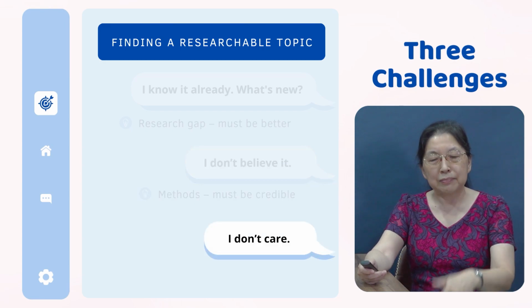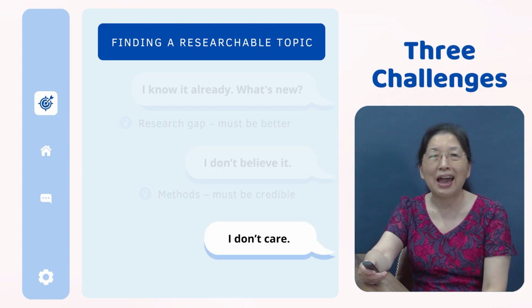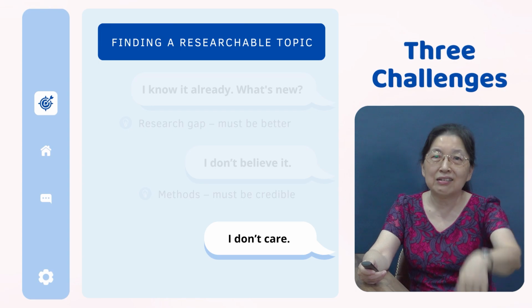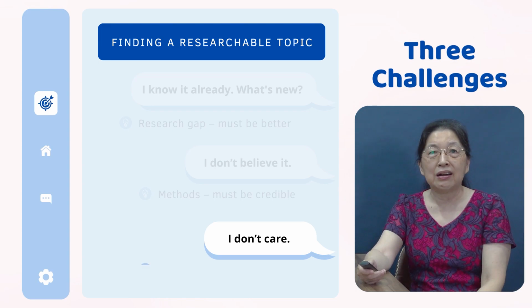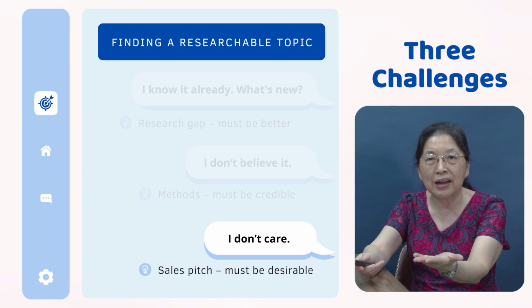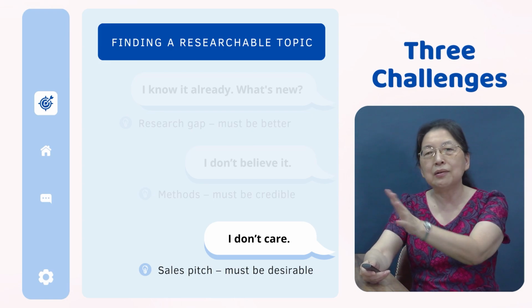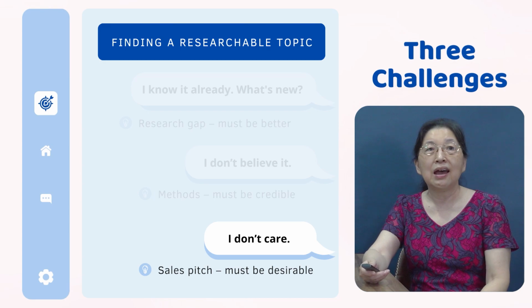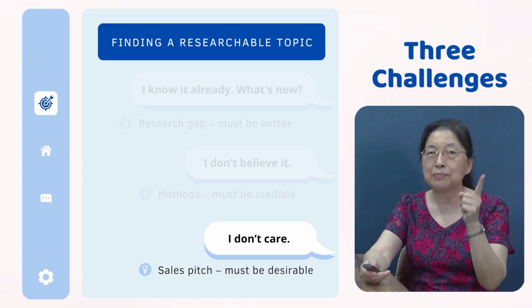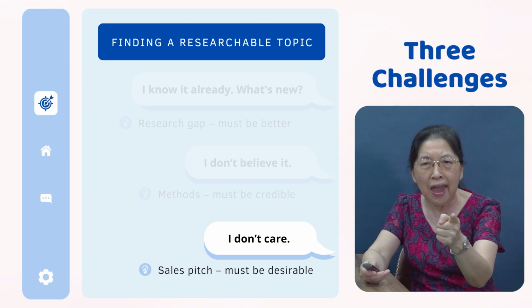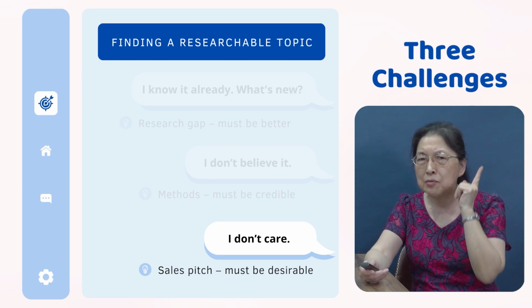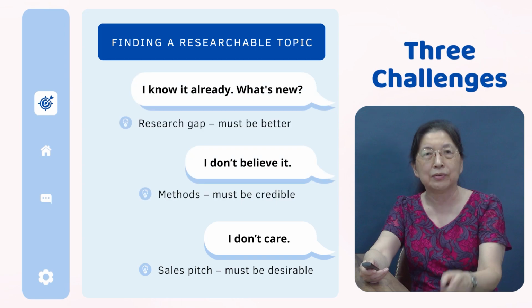so that people can put trust in your results? Number 3, people can say, I don't care. Oh, that's really devastating. If they say, I don't care, it's like you give them a product and they say, I don't like it, I want something else. Then you have to come up with a sales pitch to convince them why they should care, why this is relevant to their lives too.